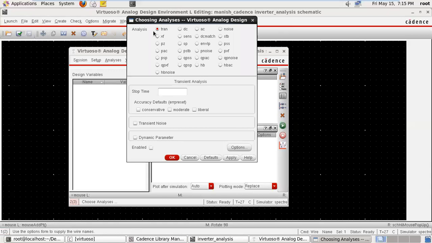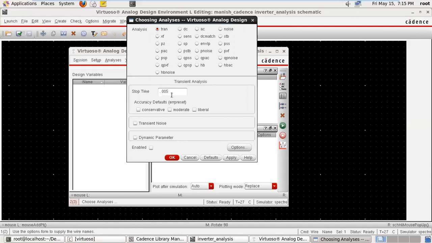So see here you can see the transient analysis, DC analysis, AC, noise. So there are different types of analysis, but the basic analysis we always do are transient, DC and AC. So transient, and we are performing this for 5 milliseconds. Why 5 milliseconds?